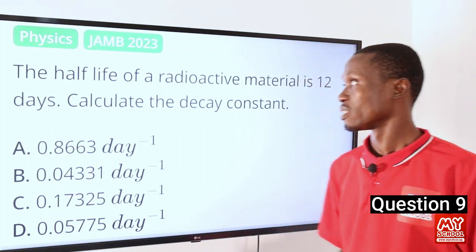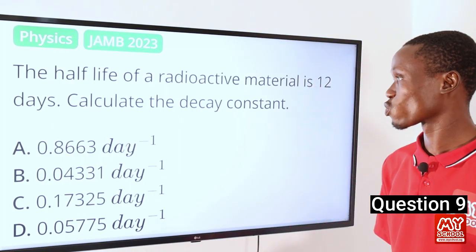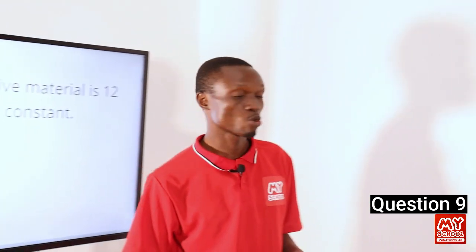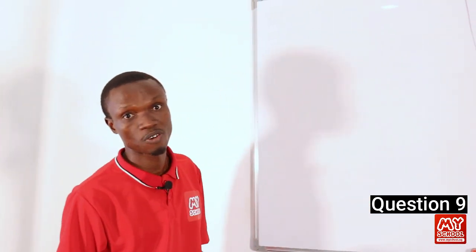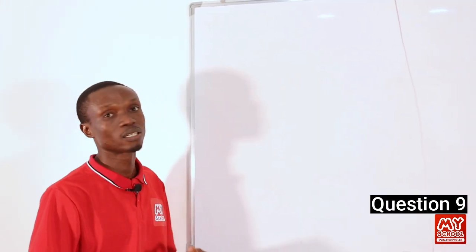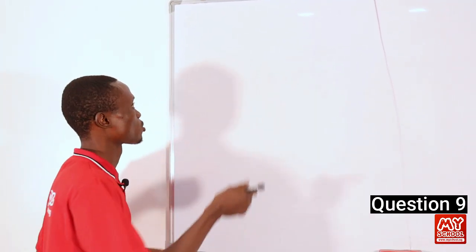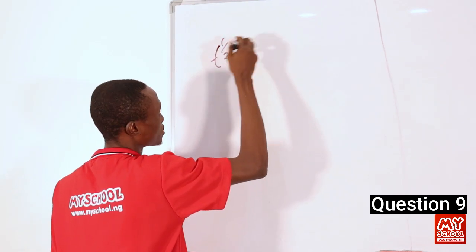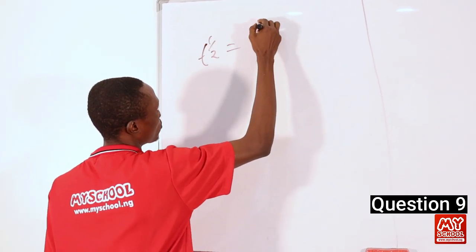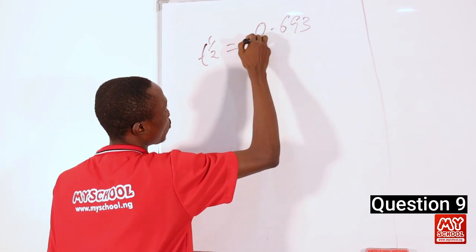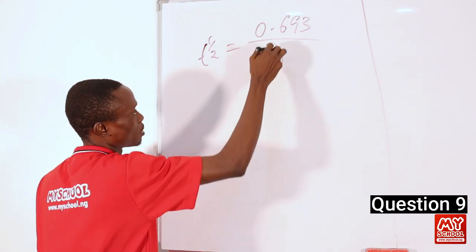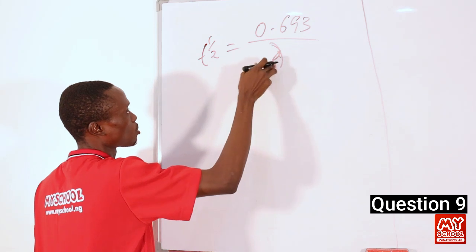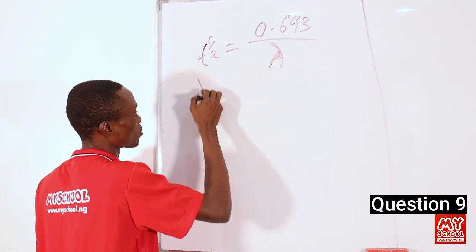Question 9. The half-life of a radioactive material is 12 days. Calculate the decay constant. So let's move over to the board. There is a relationship between the half-life of a radioactive substance and its decay constant. The relationship is given as half-life is equal to 0.693 over the decay constant, in form of lambda. So we are asked to calculate the decay constant, so we make the decay constant the subject of the formula. So decay constant now becomes